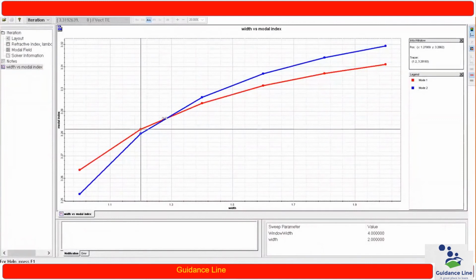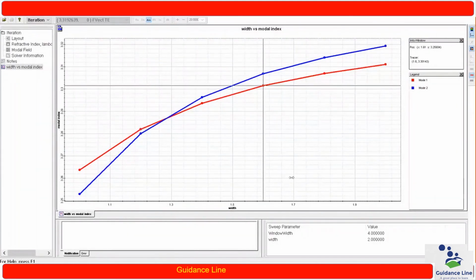So you can see this is the point where both the polarizations are crossing each other, and this is the point where we got a modal index which has a similar value for TE and TM mode. Okay, so if we design a waveguide in this particular width, then definitely we do not have any dependency on the polarization over here. So as you can see in the information window, the width is around 1.28, and the refractive index is also around 3.28678. Okay, so this is the point where we can easily design a waveguide width for a polarization independent application.